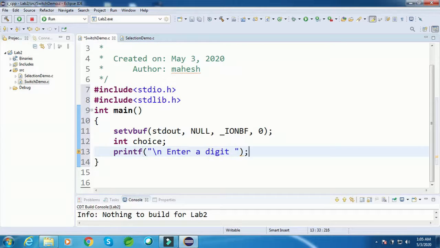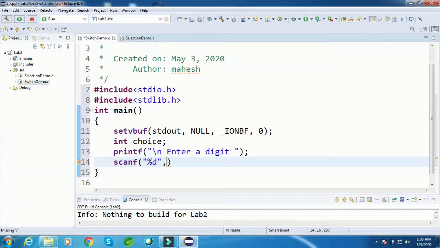If the user enters a digit, I am going to convert that digit into a word. So I am going to read the digit with scanf %d, and I am going to read it into choice.